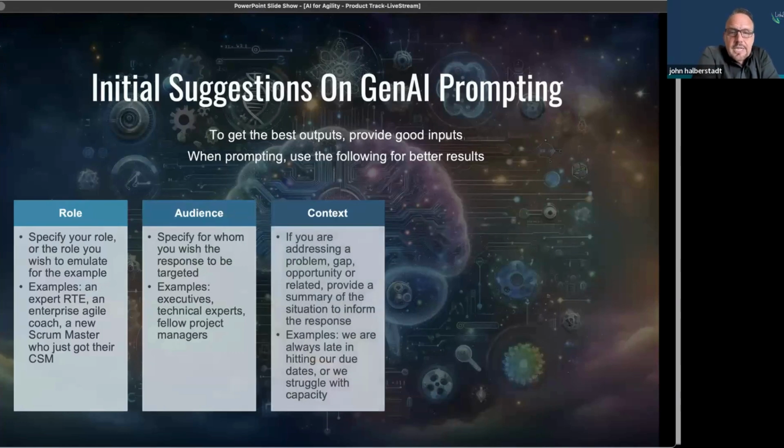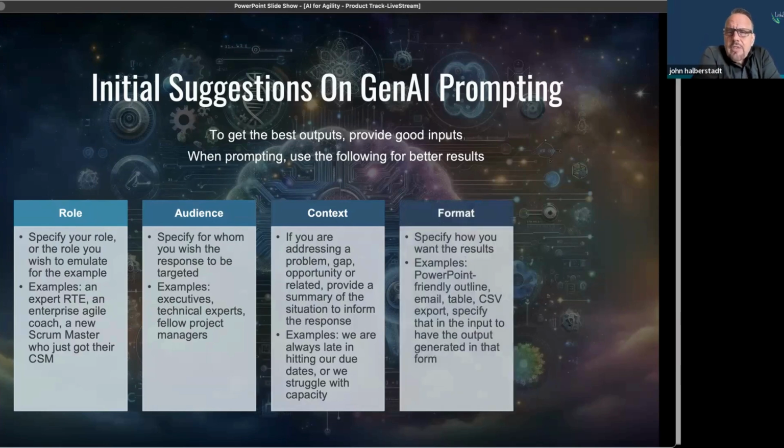Context. I can't overstate this. You really want to include as much as possible. You saw in some of my examples, I talked about the existing sessions. There's not a lot of interaction. There's not a lot of collaboration. Provide that in there, because that'll help orient the answers to be more specifically aligned to your needs. So if I'm talking about we're always hitting our due dates late, or there's low product usage by a particular group, whatever that might be, include that context in your prompts to get more refined and useful and usable, sort of surgically focused answers back to what you're asking for.